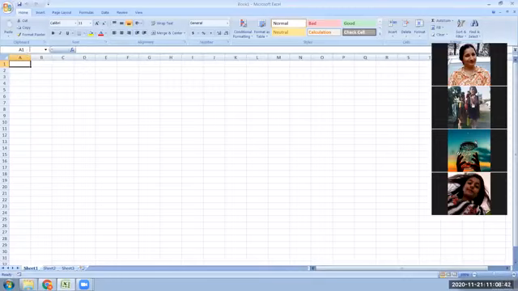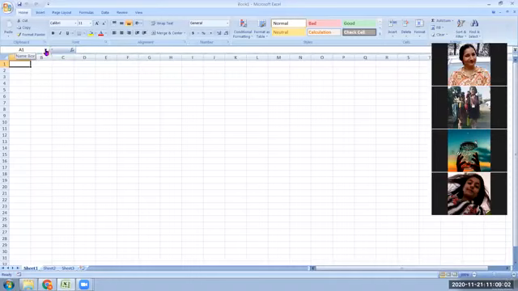This particular strip, where A1 is written, fx is written, and this blank area, is called the formula bar. And the formula bar is divided into two sections.